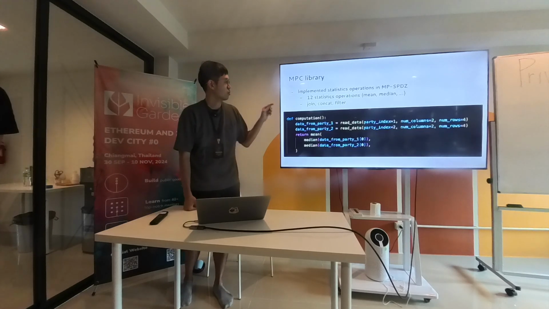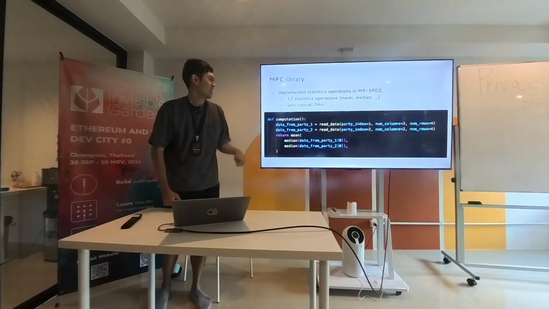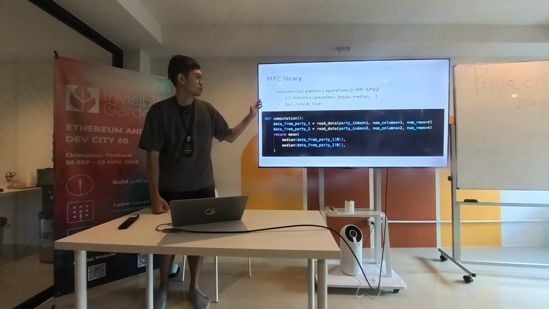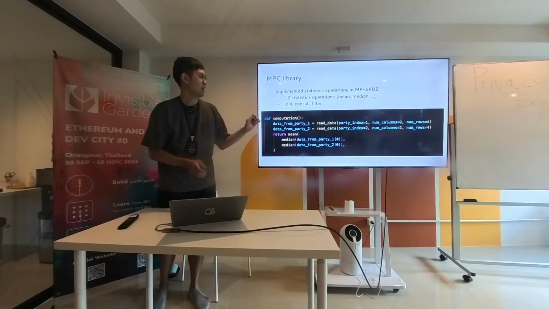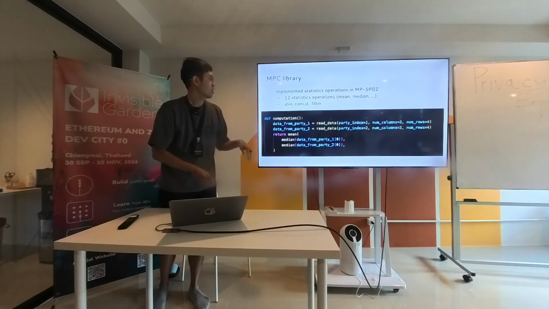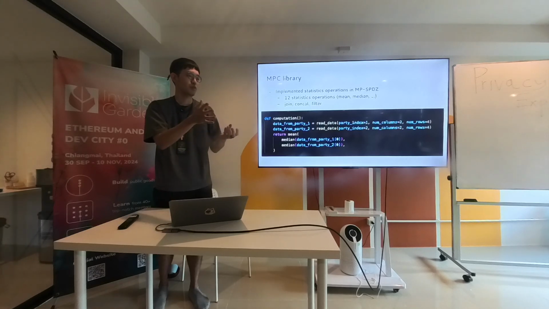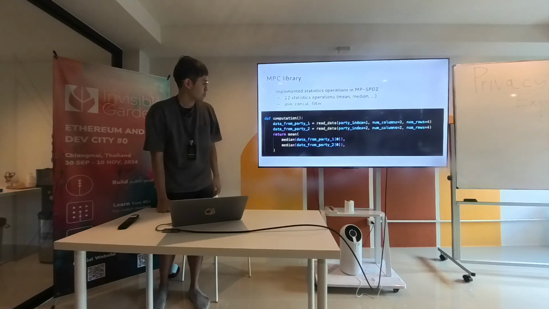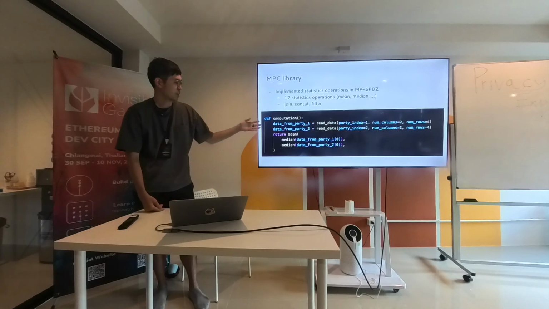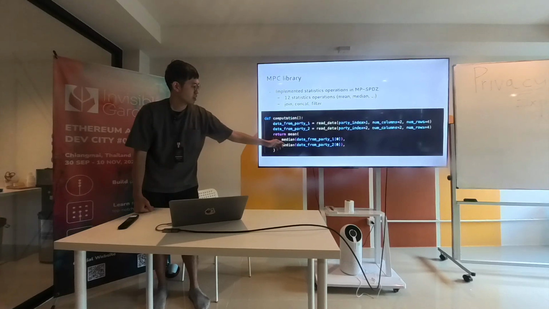We implemented 12 statistic operations, and also some table join, concat between different arrays or matrices, and filtering, so we can filter out data that we're not interested in. So right now you can do something like this: read data, do median, and get the mean.